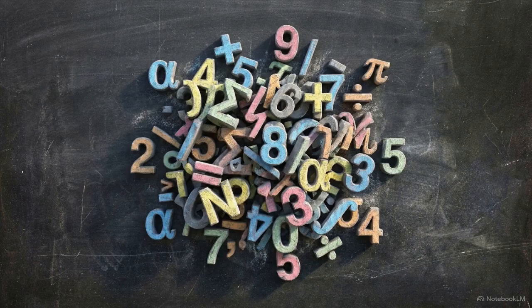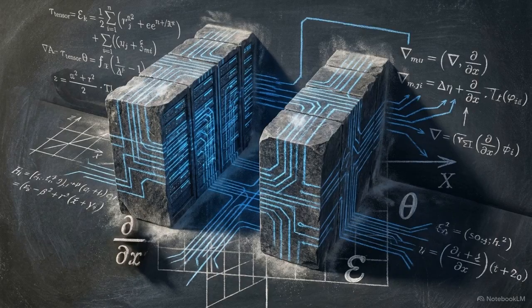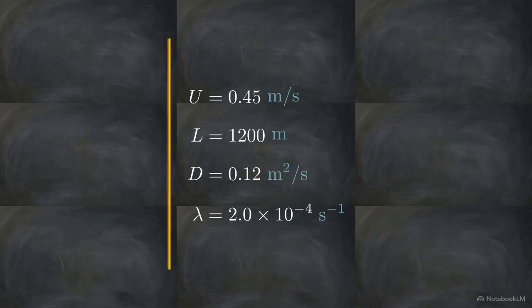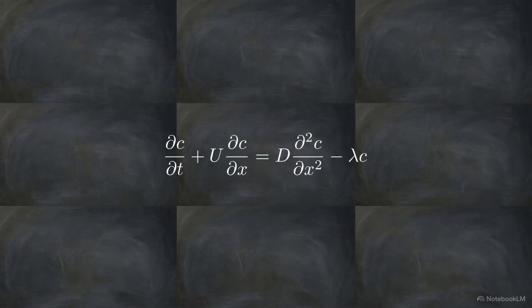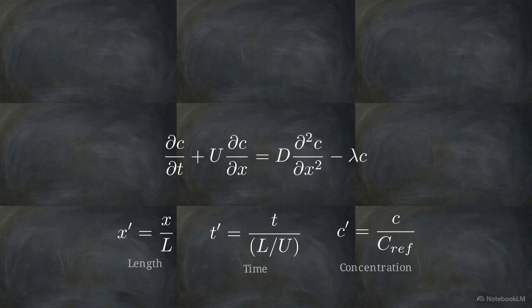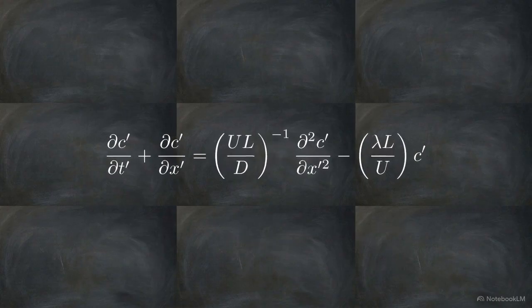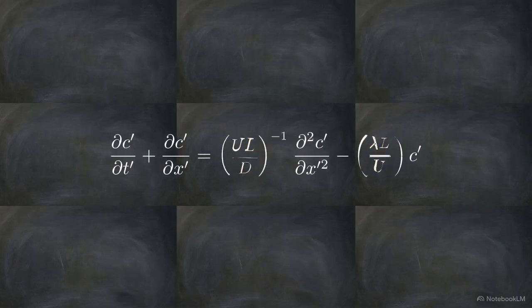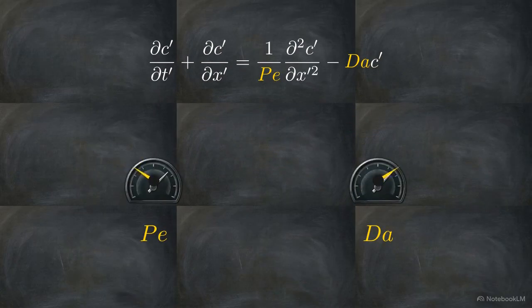Without boundary conditions, governing equations remain theoretical. By locking down the edges, we establish a computable environment. Before we hand this model over to a solver, we have to strip the physical units, like meters or seconds, out of the math. Through a process called non-dimensionalization, we extract the characteristic scales of length, time, and concentration directly from the equation. This equation reorganizes itself to expose critical dimensionless numbers, specifically the Péclet number and the Damköhler number.